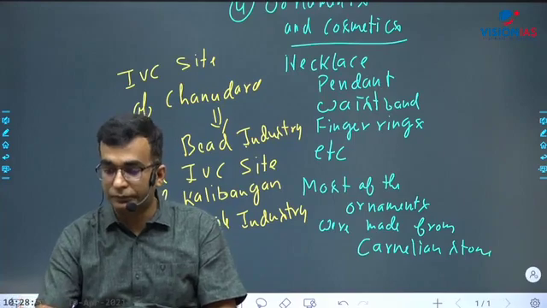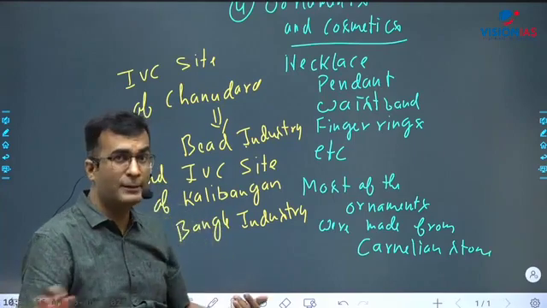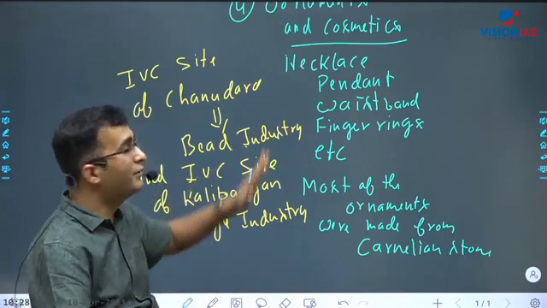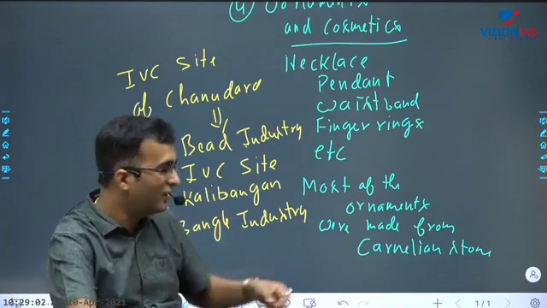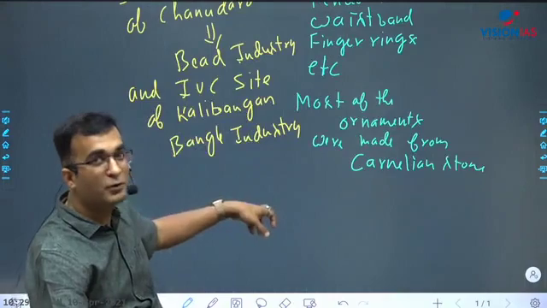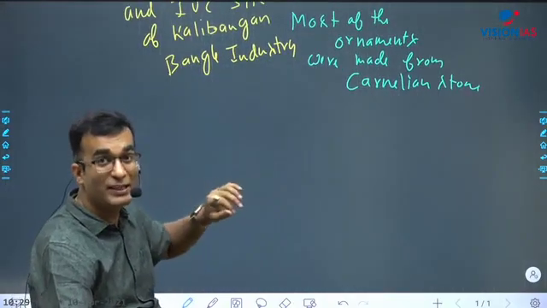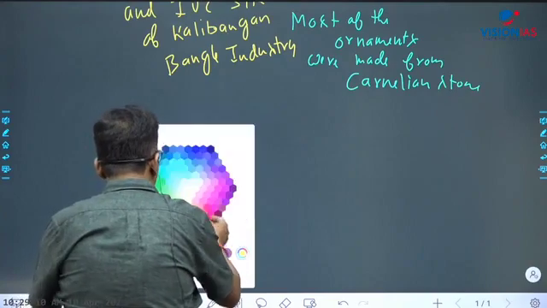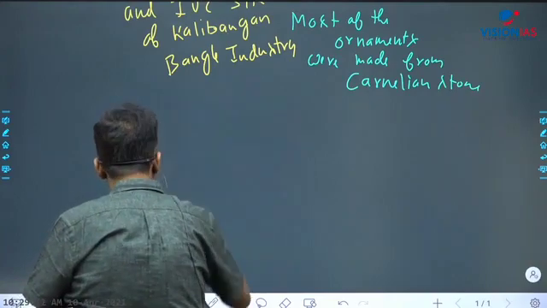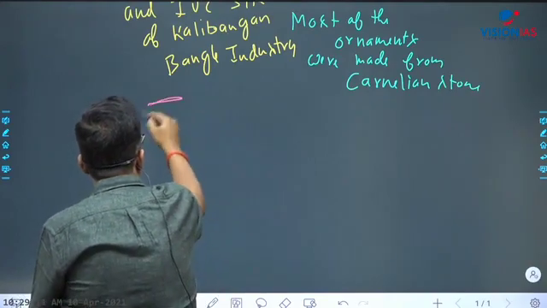So now after this jewelry, since I have written that cosmetics have no role in architecture and sculpture, let's add this portion on what kind of cosmetics they were using in the Indus Valley civilization. So when it comes to cosmetics, you can write the cosmetics used by the Indus Valley people include